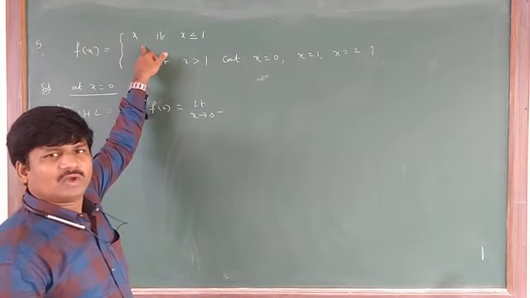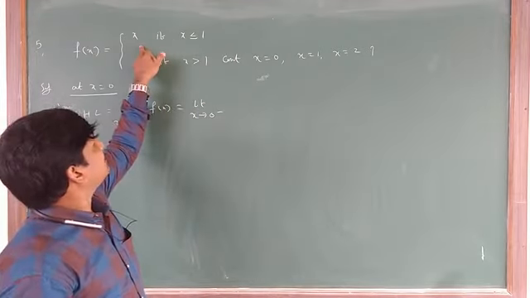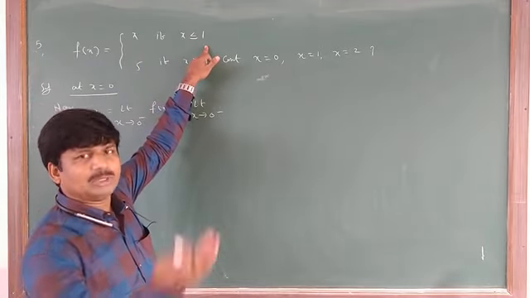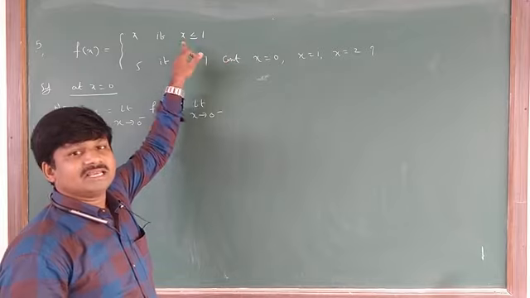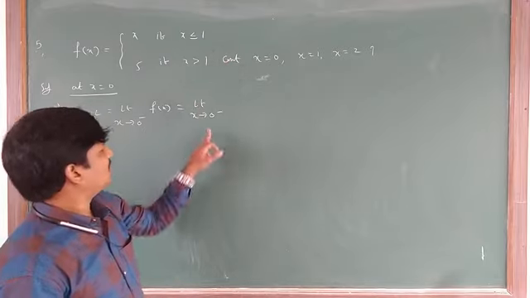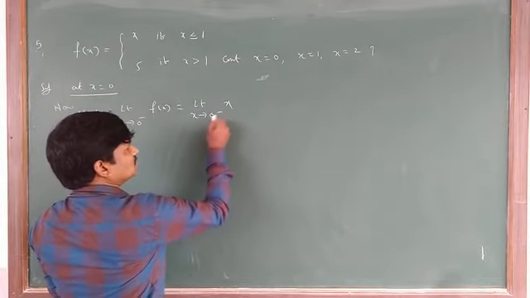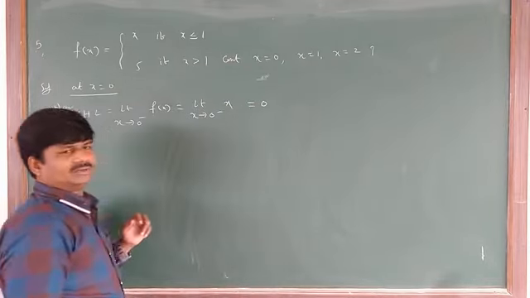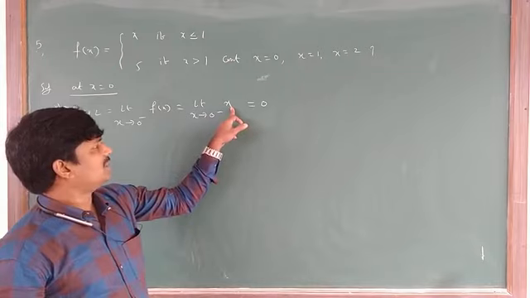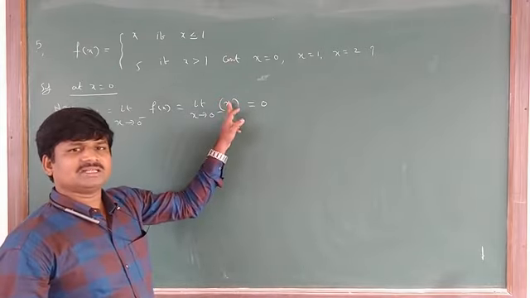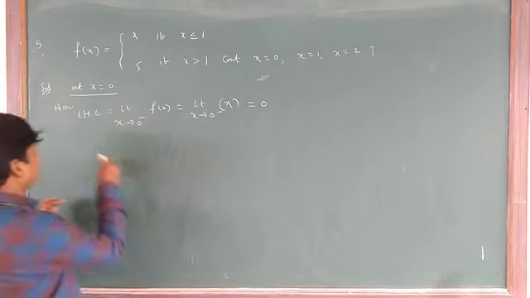x only. Why? Because f of x is equal to x when x is less than or equal to 1, which is below 1, and 0 is also there. So that is why the function f of x will be x. So substitute here: the value will be 0. Apply the limit, substituting 0 in the place of x. So 0.